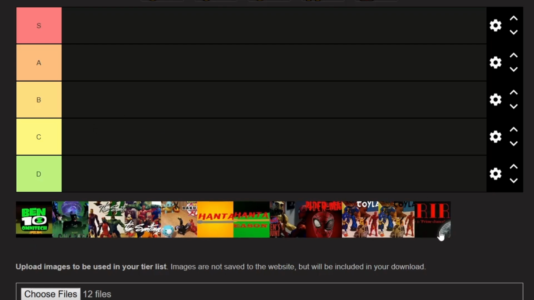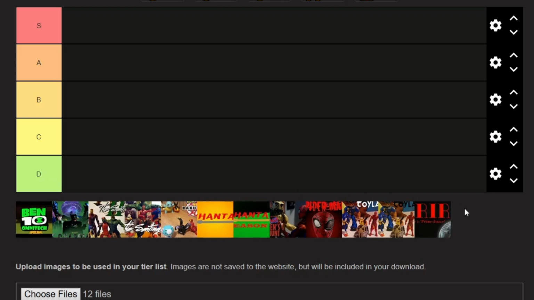Here I have all the movies, and as you most likely are used by now, the tiers S, A, B, C, D. With S being a movie that in my opinion I wouldn't change much about, just a few touch-ups here and there. A being good enough, B being okay, C being almost okay, where I still like the general idea and the general product, but I would change a lot of stuff, and D being something I'm not really proud of, or something that I would redo maybe entirely.